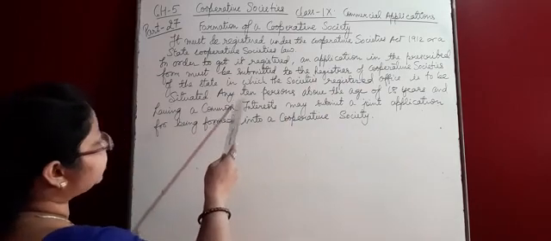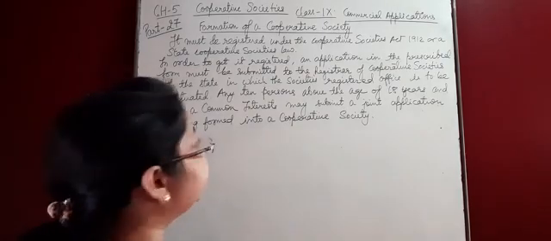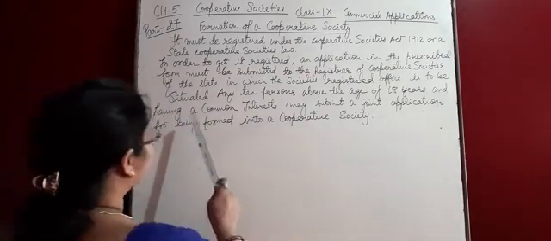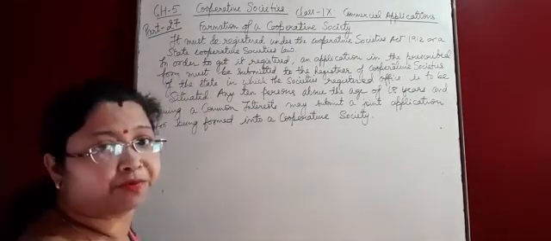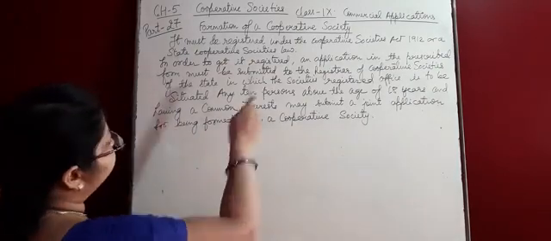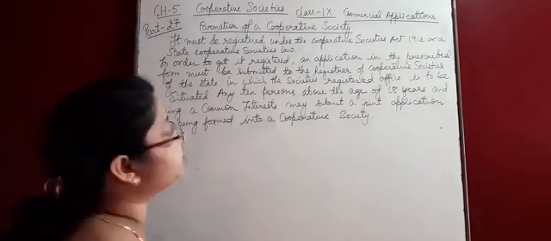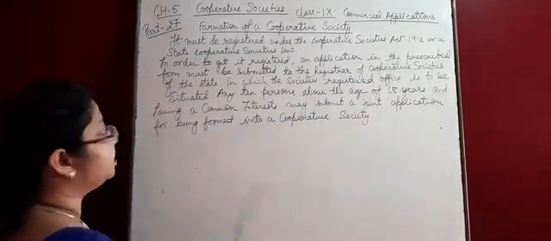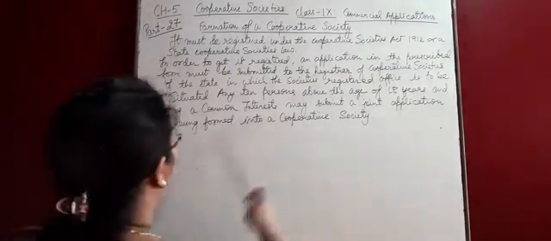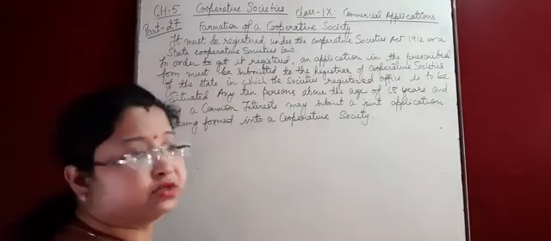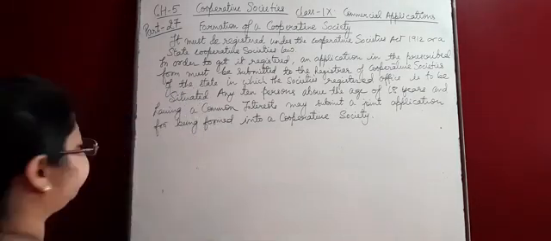After that, any 10 persons above the age of 18 years and having a common interest may submit a joint application for being formed into a cooperative society. Okay, so in order to get it registered, first they have to fill an application in the prescribed form and submit it to the registrar of the cooperative society. Any 10 persons above the age of 18 years and having a common interest can join an application for being formed into a cooperative society. Okay, so now the application should contain the following information.